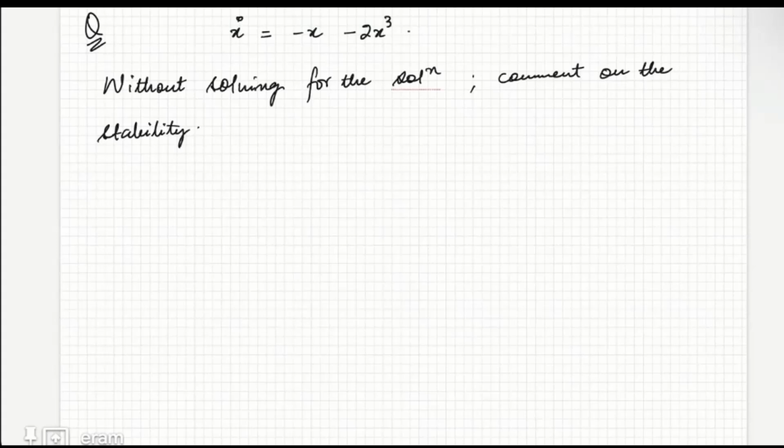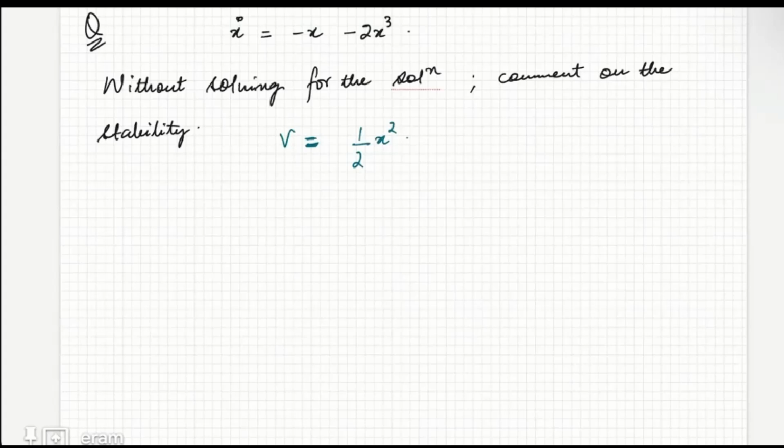So we will start with a Lyapunov function. The Lyapunov function that we consider should be a positive definite one. The most common Lyapunov function that you will find while solving any question or in the textbook is the quadratic form of Lyapunov function. Since it is a scalar system, we can start with half x square,